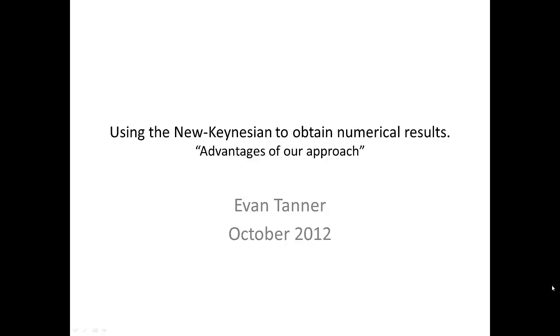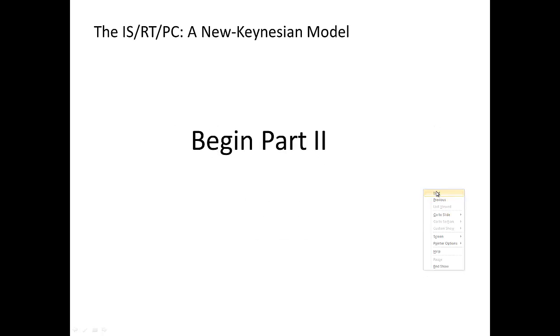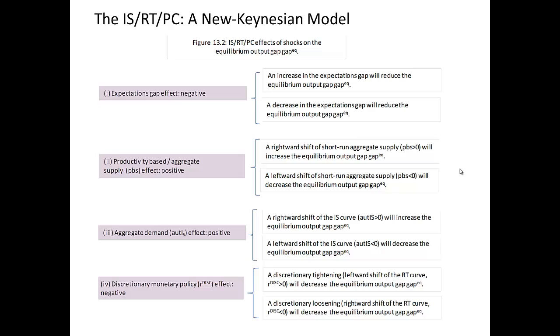Hello, this video continues our lesson on how to use the short-run New Keynesian model to obtain numerical results. This is part 2. We advise you go back and look at part 1 of this video because you're kind of jumping in the middle and you may find some of the things we're talking about a little bit difficult to understand. I do want to review a tiny bit from the previous video,